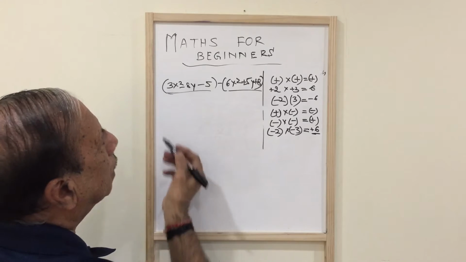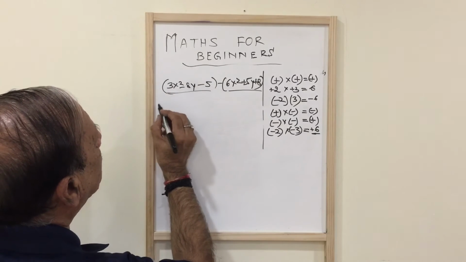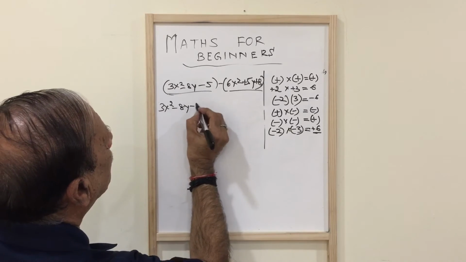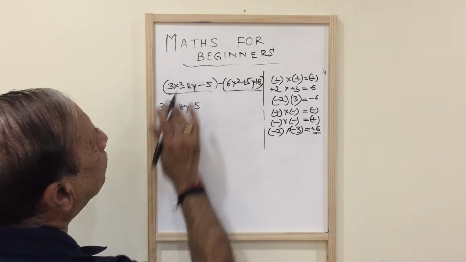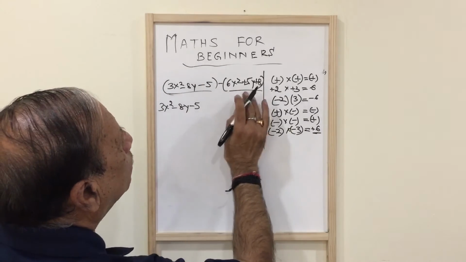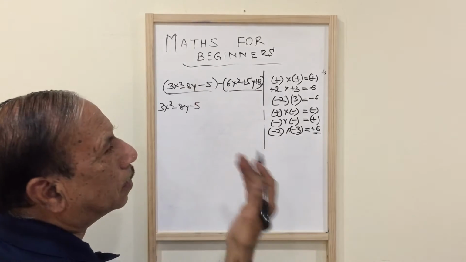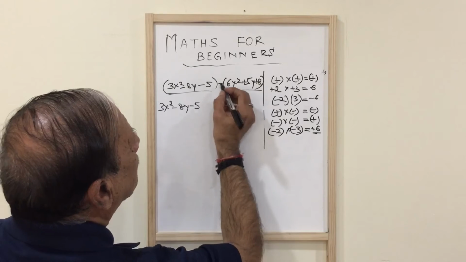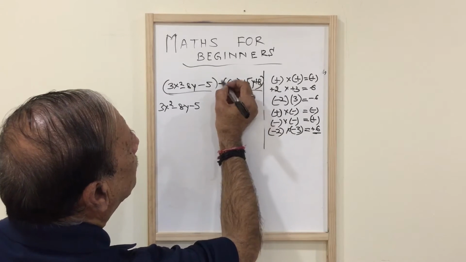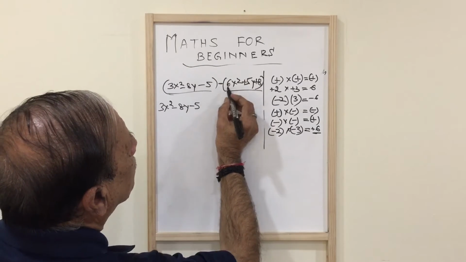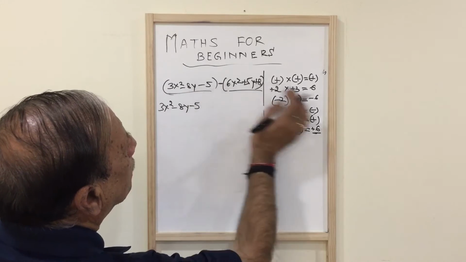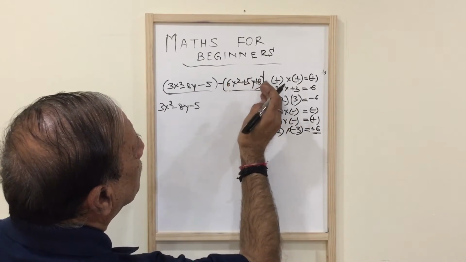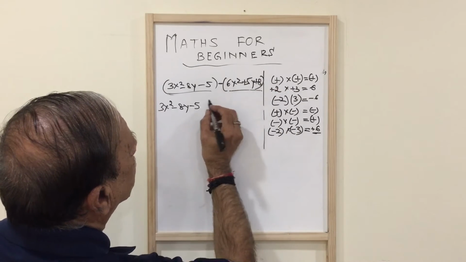This is a plus. So when we open the bracket, there won't be any change because we are multiplying this with plus 1. And when we open this, we are multiplying this equation with minus 1. If nothing is written, it is a plus, and with a minus sign, it is a minus 1. So when we open this bracket, the sign of all the terms will change.